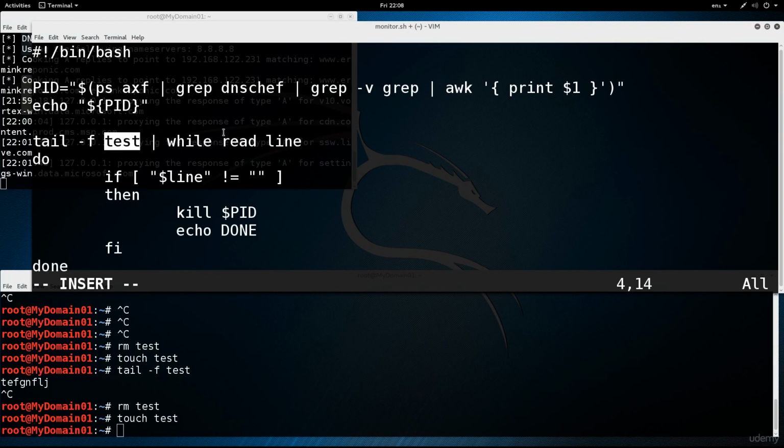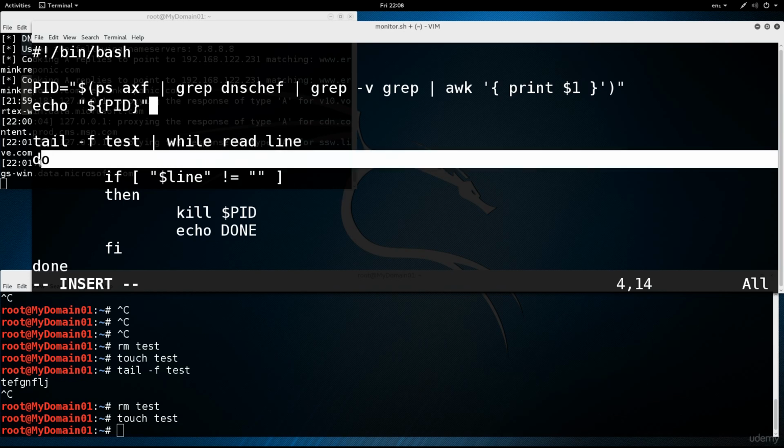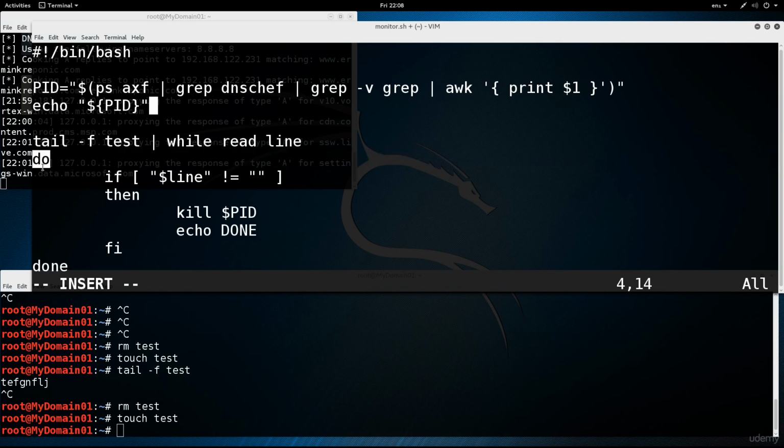We shall change this to credentials.txt. And then we're piping the output of tail with a pipe here into the while loop. So we're going to keep on reading this output, and we're going to be placing it into the variable line. And then this is the loop body, basically just do and done. Within the body of the loop, we have an if statement, which basically states that we're going to take the value of line. If line at any point of time becomes populated with something, it will definitely